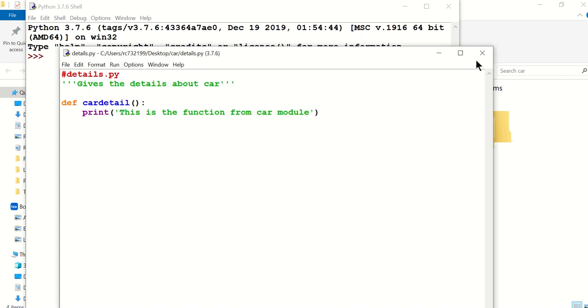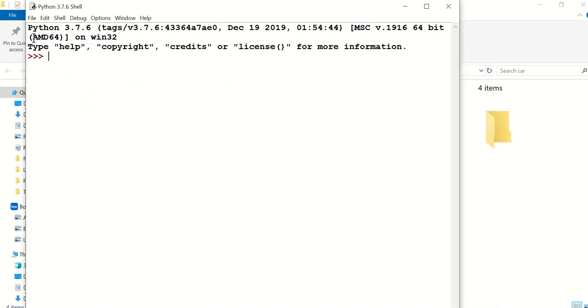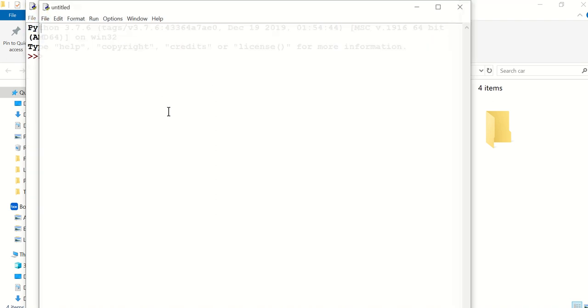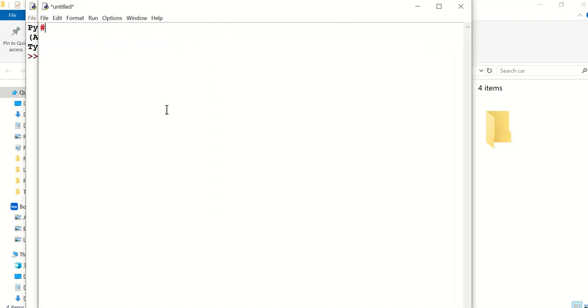So next I'm going to write another Python program for engine. Okay, so new file. What is the name? Let me give it as engine. Okay, and then what is the purpose? This is the engine file, some information.